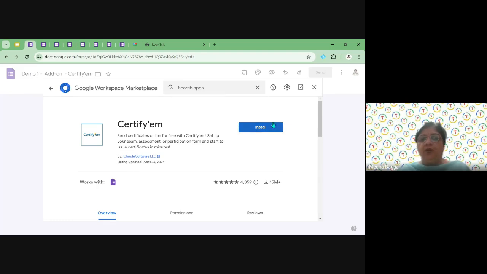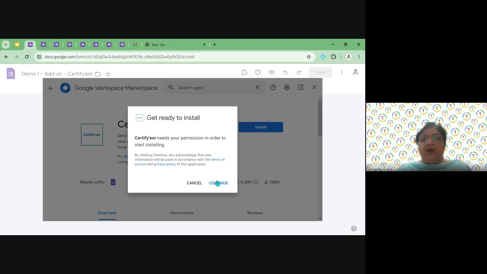After clicking on install, it asks me my permission. Yes, I want to continue. Some more permission it will ask, with which account I want. Yes, I want this account. I'm choosing my account. It is asking whether I want to continue. Yes, I'm sure.